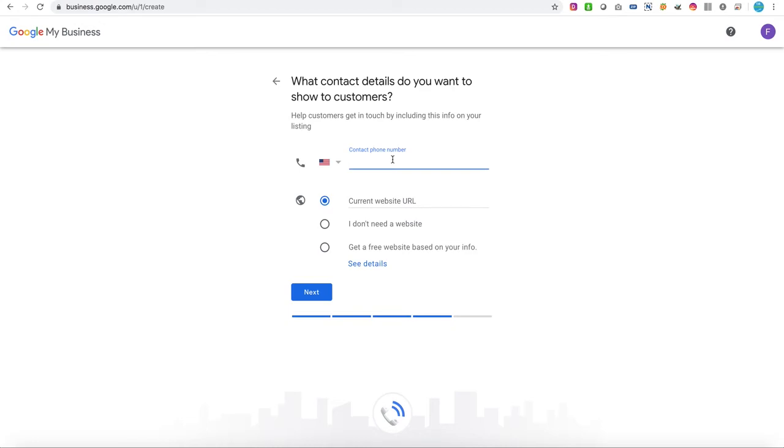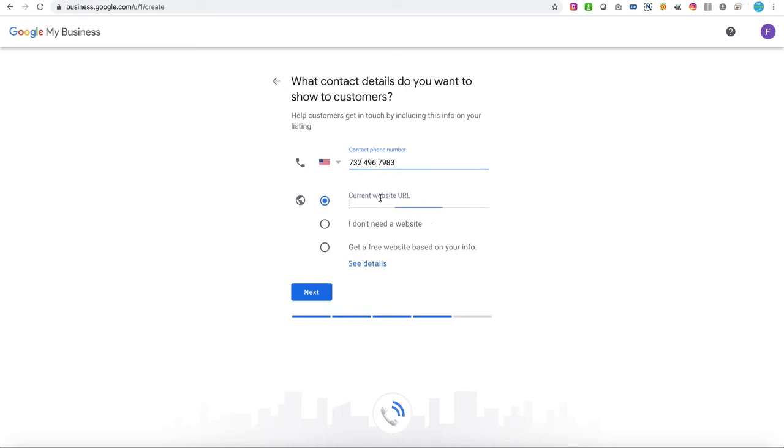So, for example, if it's a Philadelphia business, then you're going to want to have a 215 area code. If it's a Northern Jersey business, then you're going to want to have like a 973 area code or something like that. So you would type in that number,